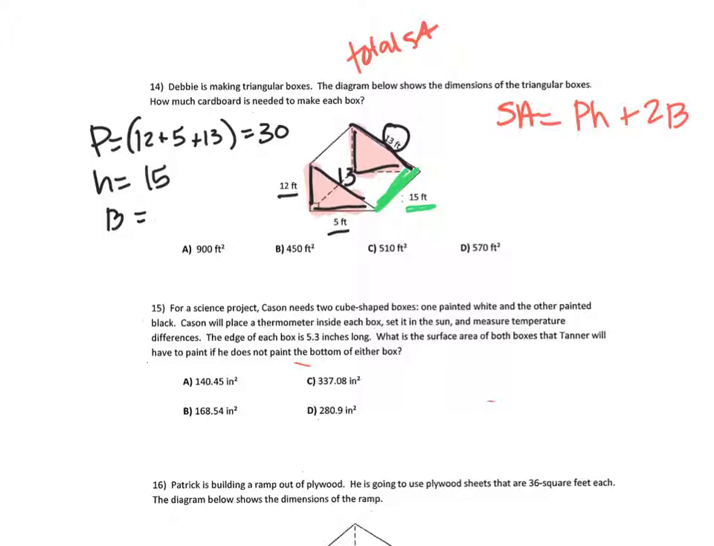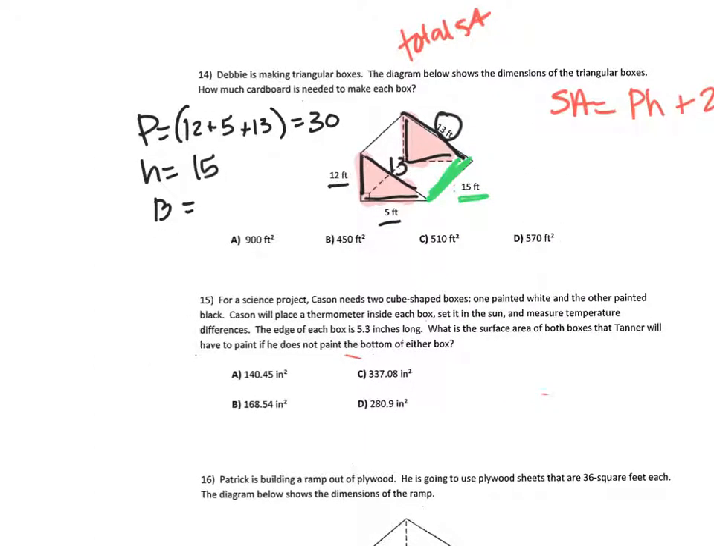And then capital B stands for the area of the base. So to find the area of the base, since our base is a triangle, we have to do base of the triangle times the height of the triangle divided by 2. So the base of the triangle, 5, times the height of the triangle, 12, divided by 2. So 5 times 12 divided by 2